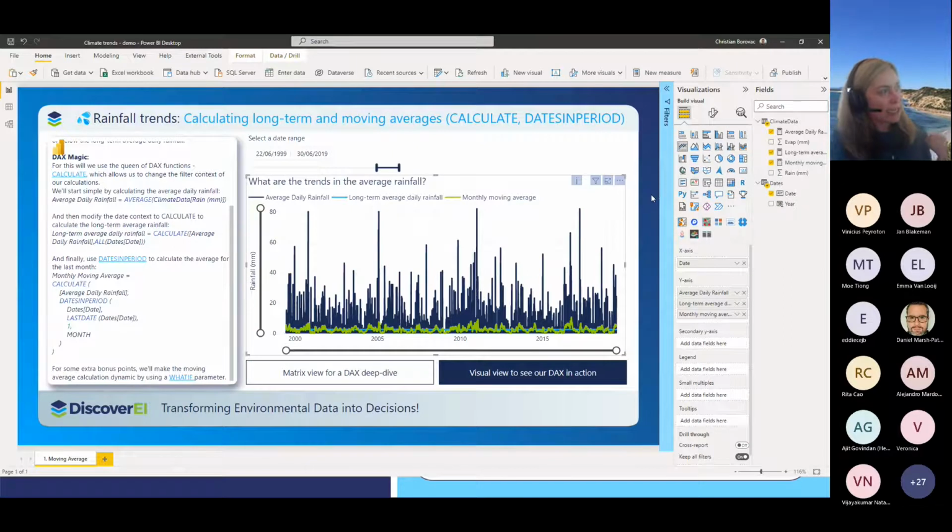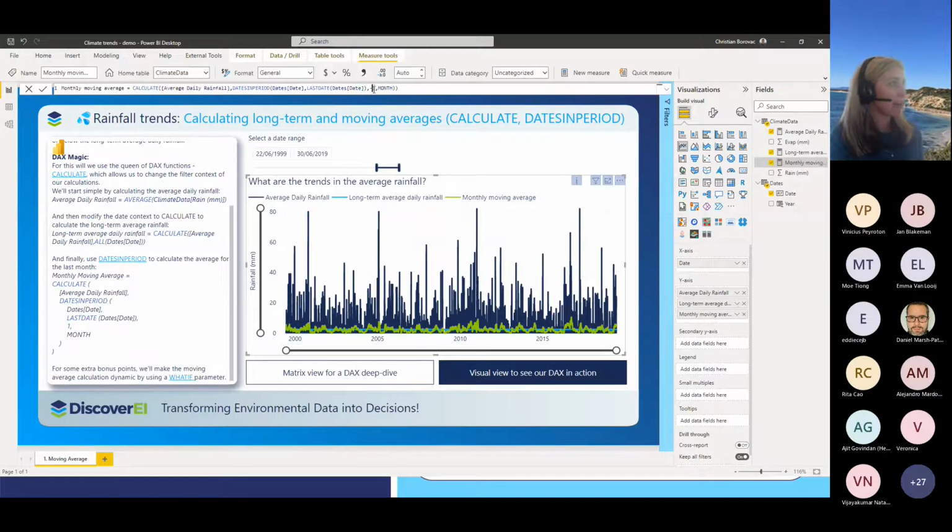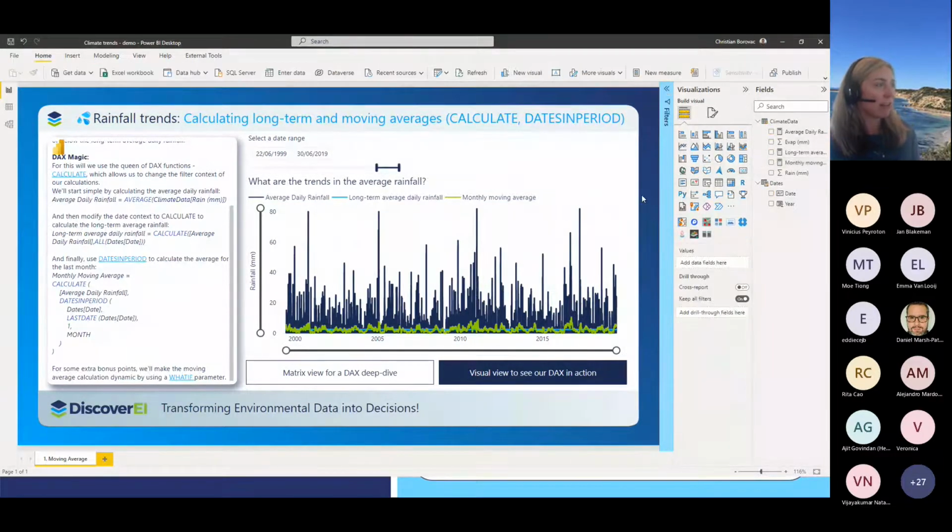And if we wanted to take it to the next level, so here we've kind of specified it or hard coded it for just 1 month. Here we're just going backwards in time, 1 month. If we want to make this really dynamic, what if I wanted to have a look at the 2-month moving average or 3 months or 6 months? What we can actually do is combine our DAX with what-if parameters. And these allow us to really make dynamic, almost scenario analysis or decision support tools.